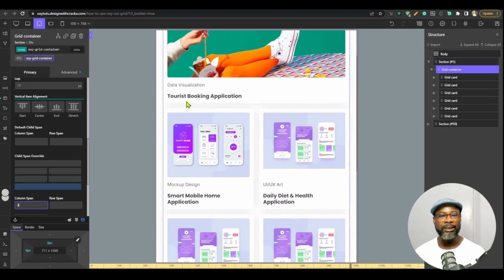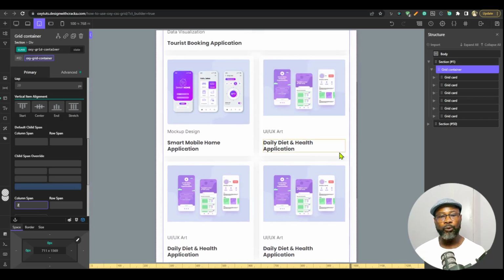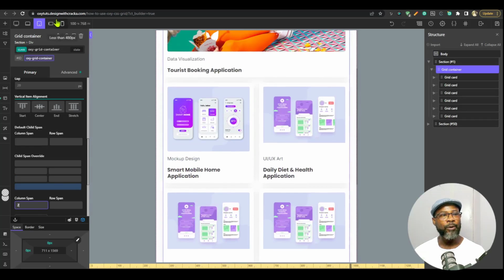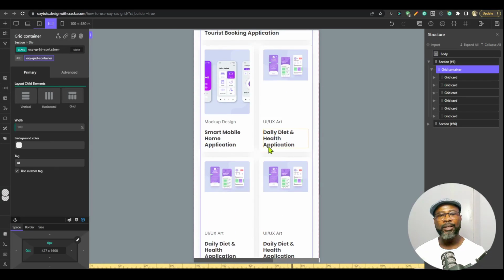Once we do that, you can see everything falls in place. This spans 2, and this is fine because there are 2 columns now. These 2, now this is 1 each, and then these 2. Now when you move to the next and you decide, okay, I don't want it, maybe you still like it the